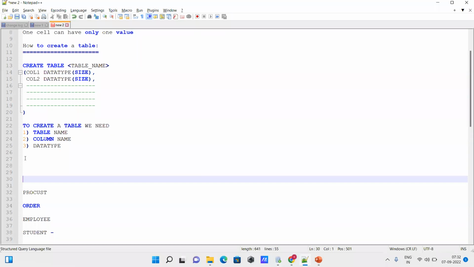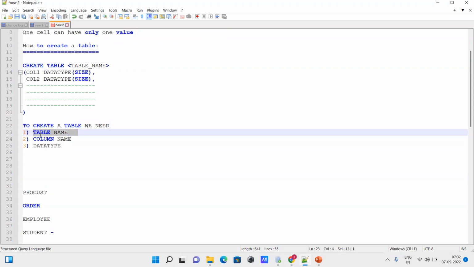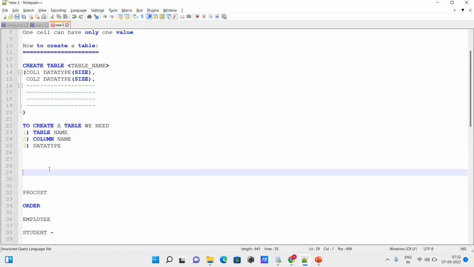The business analyst will segregate your requirement and send it to you as a BRD document, a business requirement document. The business people state their expectation, this is what they conclude, and they will send it to us. So based on that, you need to create. So you know the table name. And one more thing,